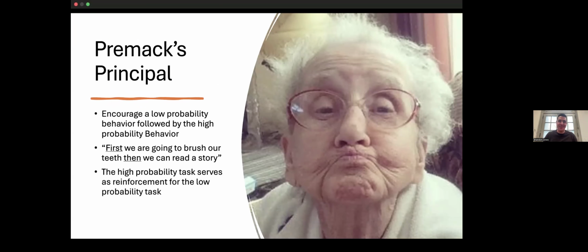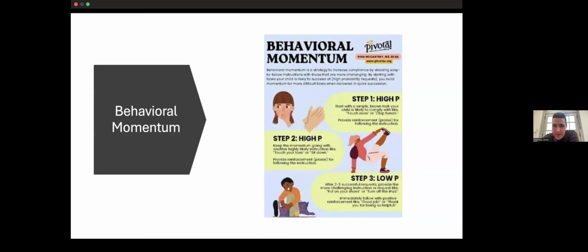First life, then alert. That's what this reminds me of, the Premack principle. Behavioral momentum, the high-p and low-p probabilities. I mentioned this too, I got way ahead of myself. This reminds me of doing flashcards of words that I'm trying to teach. The first two I use are the ones that I know they're going to get right, just to create the momentum going, and then that third one they might be a little bit more likely to get correct or even follow through with a demand. And then you immediately follow it with positive reinforcement, like "good job" or "thank you for being so helpful" or "great job labeling this card here too."